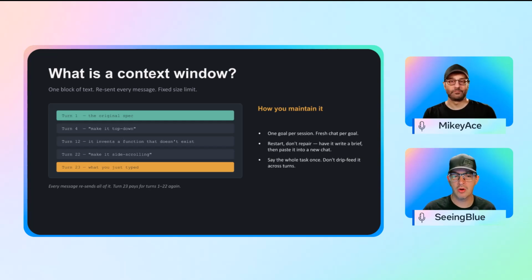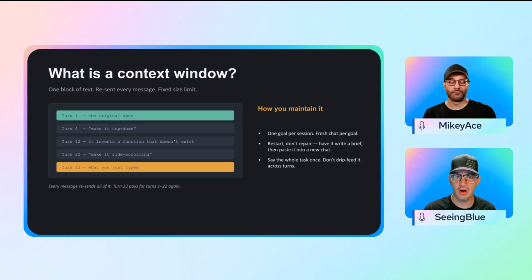By turn four or prompt four, we're changing our mind and we're asking it to make it top down instead. A few more prompts later, it invents a function that doesn't exist. We spend some prompts trying to undo that. And a few more prompts, we change our mind and decide that we now want to make it a side scroller. So by prompt 23, the entire conversation that we just had with the model is getting sent in every